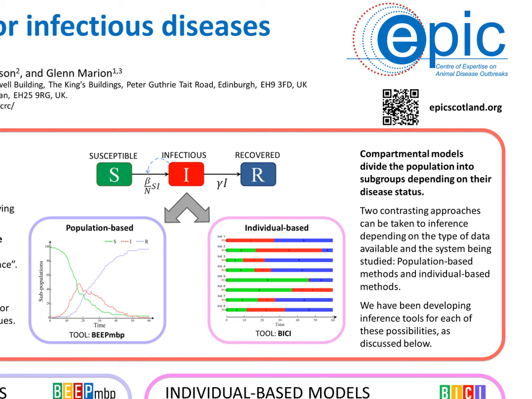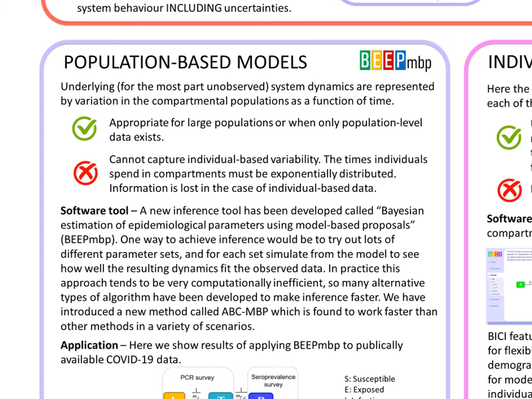Epidemics are mathematically represented by compartmental models, which divide the population into subgroups depending on their disease status. Two contrasting approaches can be taken depending on the types of data available and the system being studied: population-based models and individual-based models. In population-based models, the underlying system dynamics are represented by variation in the compartmental populations as a function of time. These can be applied to large populations in a computationally efficient manner, but unfortunately cannot capture individual-based